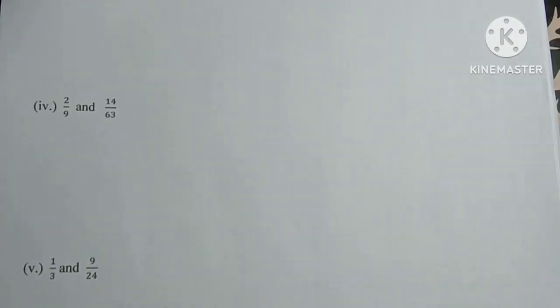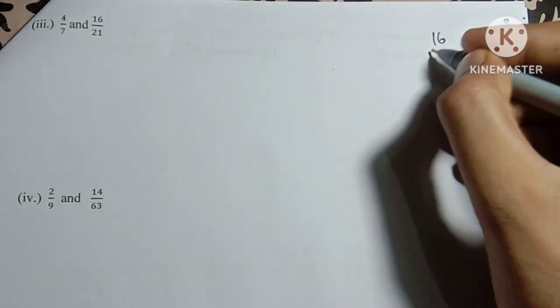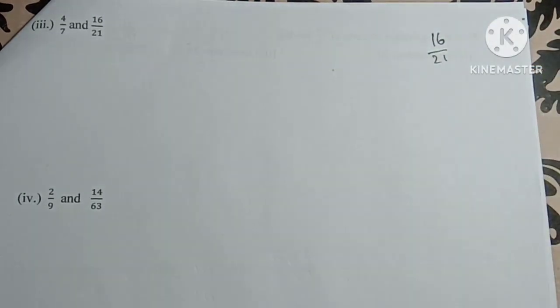Done. Moving forward. See here, the third question is saying 4 by 7 and 16 by 21. Here 4 by 7 is not getting further simplified, but 16 by 21 does. So we have to do it. Now, with which number will we divide? See here, if you think you will divide it by 3, you will not be able to divide the numerator because 16 doesn't come in the table of